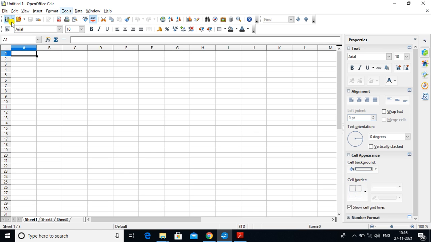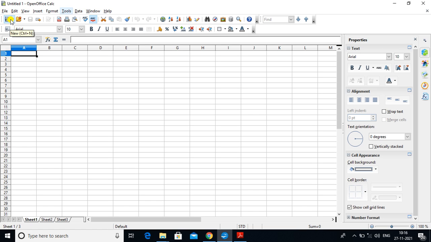In the standard toolbar, the commands are represented by symbols. All the symbols that you are looking at here have a specific function. Like here, I will show you this. When I take my mouse cursor to the first symbol, what does this symbol represent?